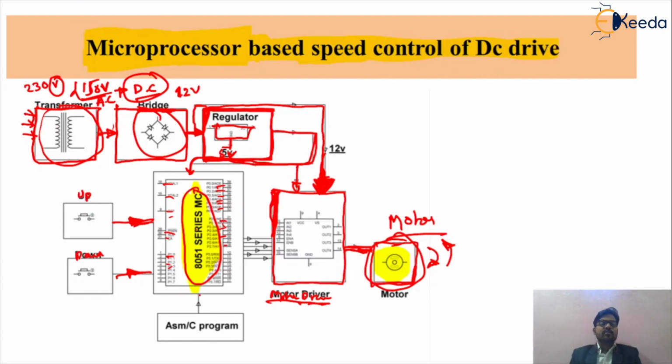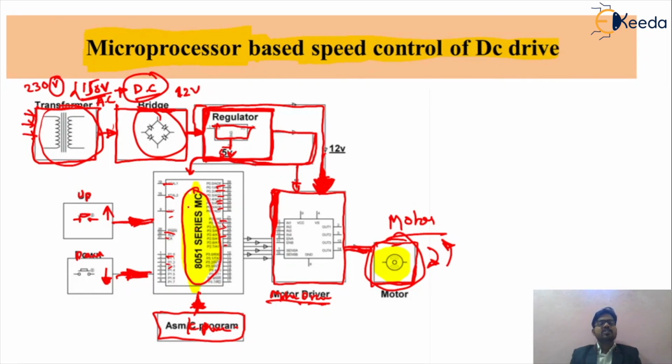So friends, in the microprocessor we are using a programming device, which is called an ASM/C program device, because we want to program the microprocessor or the microcontroller for changing the signal. These will be the various input signals, in concern with the incremental value or the down value, that is the decremental value, in concern with your microprocessor. So these are the input signals which are given to your microprocessor.